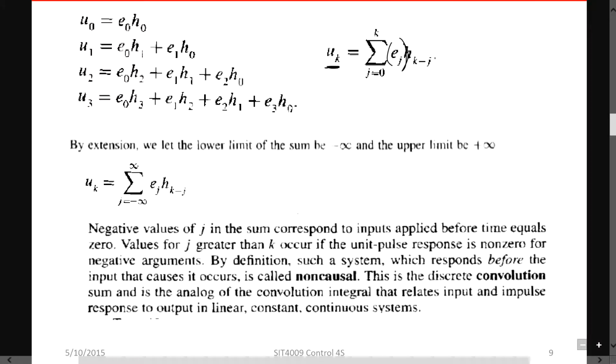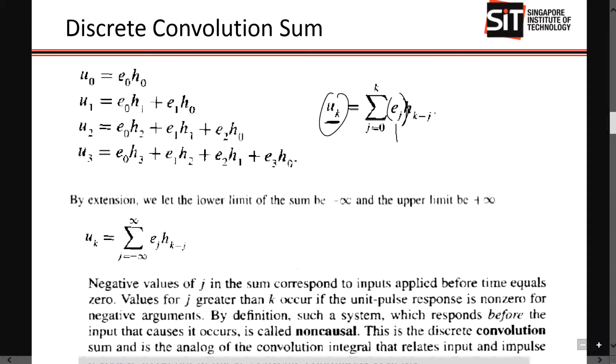so u k is equal to this thing. I don't know what is written there. Right, u k is simply the input multiplied by the transfer function H of z. If you still remember, they are writing in terms of this, a summation of them, right? No need to do much. Maybe later on in the future we might need to do this, but just keep it,